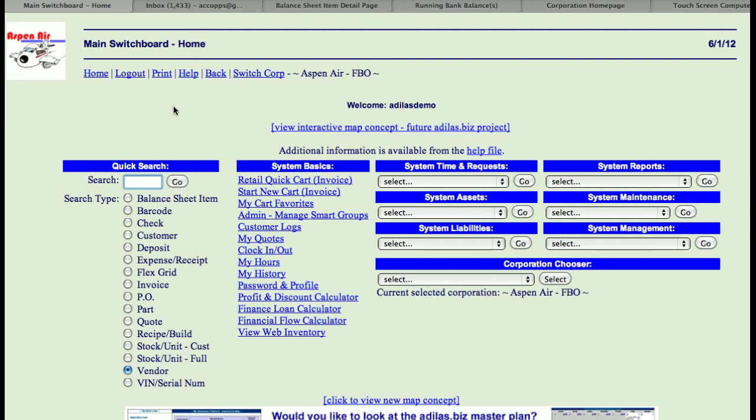And a check request would be where either a store manager or an employee or someone is wanting to spend some money and they need to get approval from the owner or from their manager. What they would do is start from the main switchboard homepage and choose vendor, and then